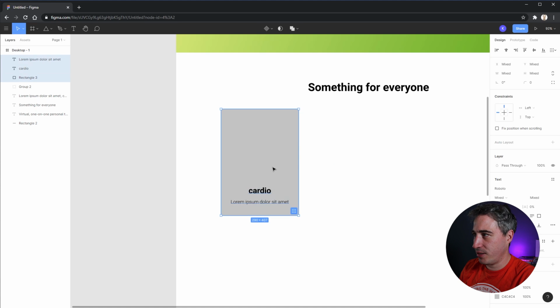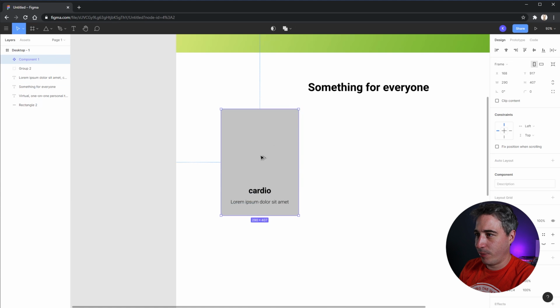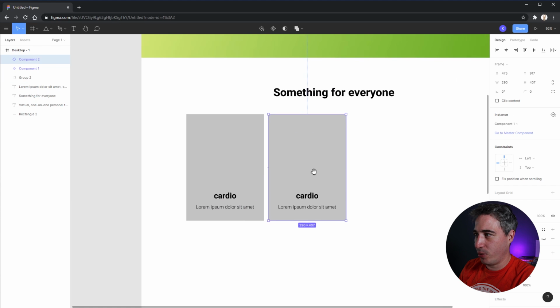Now what I'm going to do is make this into a component, which I always forget because there's a K there too. Control Alt K. There we go. So this is a component now. And what I like about making components is